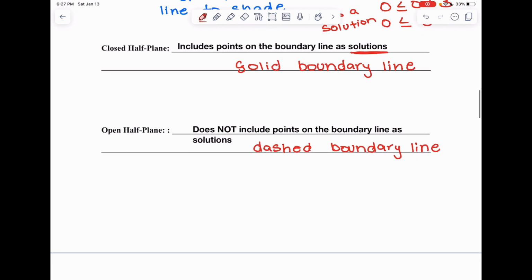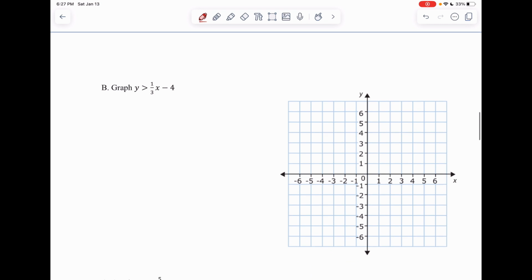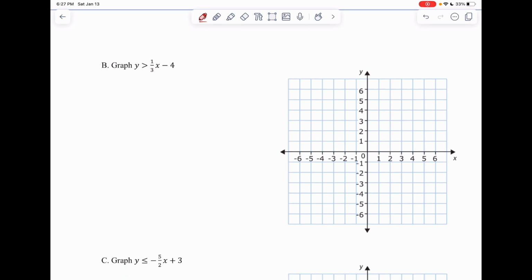So let's try a couple more examples. My first step is to plot my points like if I were graphing an equation. So my first point will be at -4, which is my y-intercept, and my slope is 1/3, which tells me I'm going to go up 1 and to the right 3. So up 1 to the right 3, up 1 to the right 3,